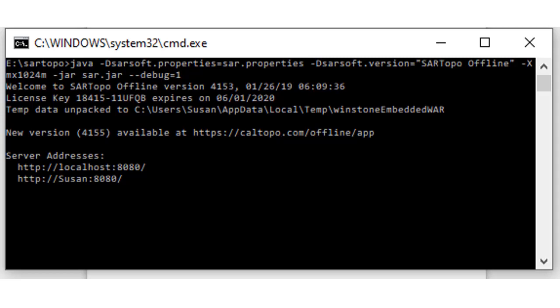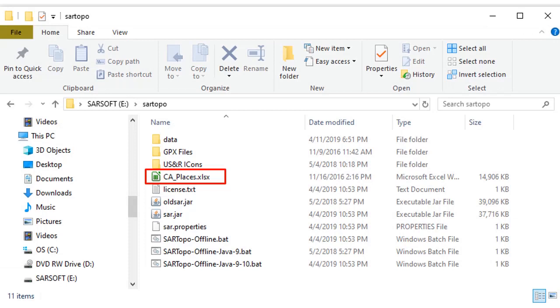The Sheriff's Office computers will have a name something like SO2346. When you go to SARTopo on the browser, use that name and not the localhost. This will help later when you print assignments and maps. Before we start the browser, however, I would like to mention the Excel file